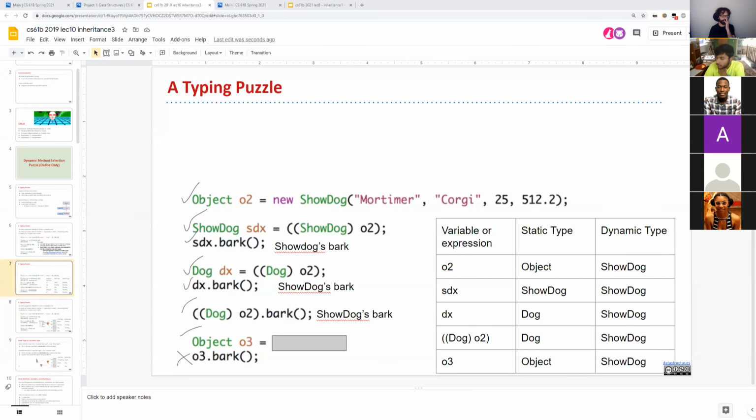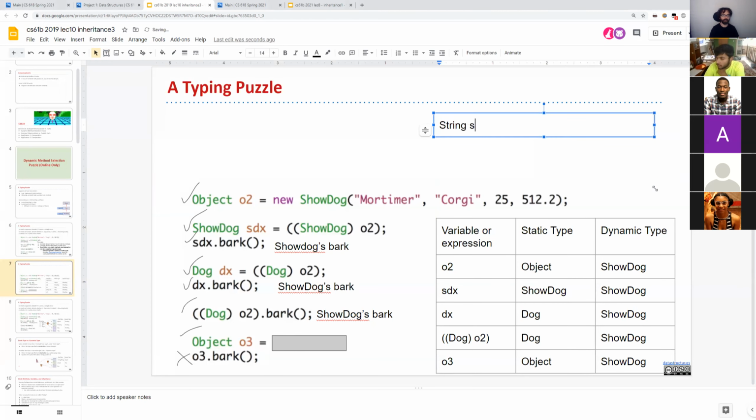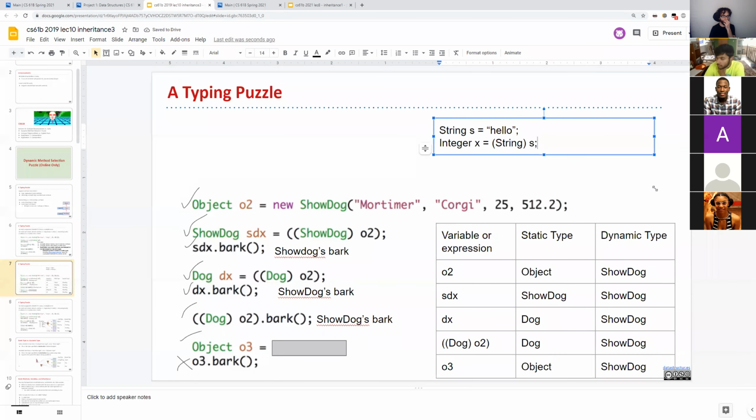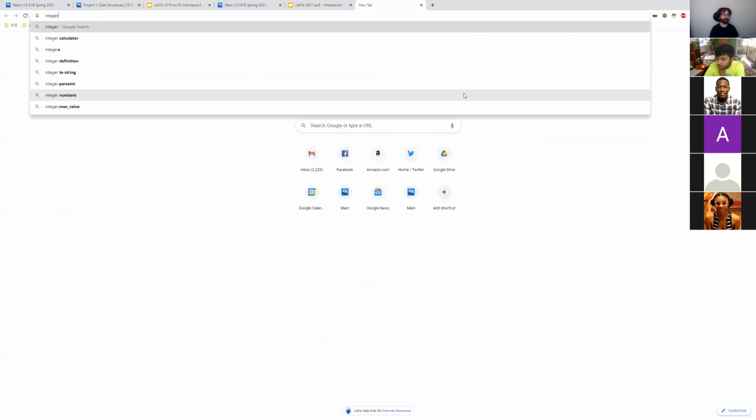right, okay, yeah. So the question was, let's say we have the string hello, and then we do Integer x equals (Integer) s. And then we call something specific to an Integer, like x dot, let's grab something from the Integer class that's clearly a numbery Integer method.